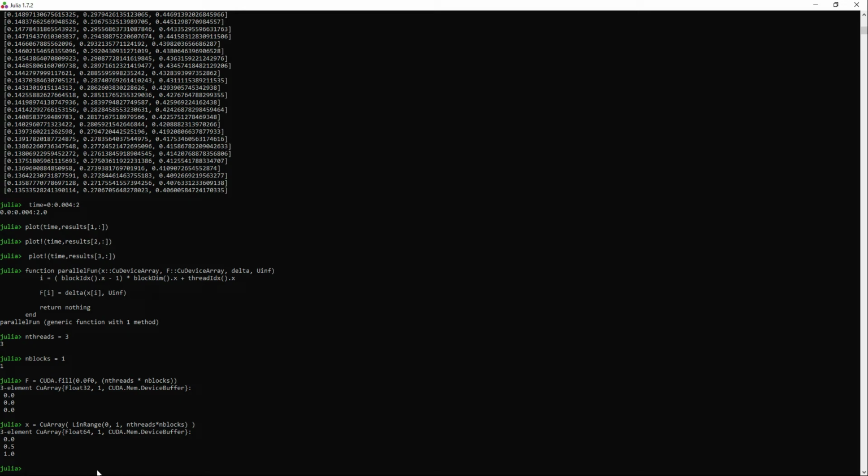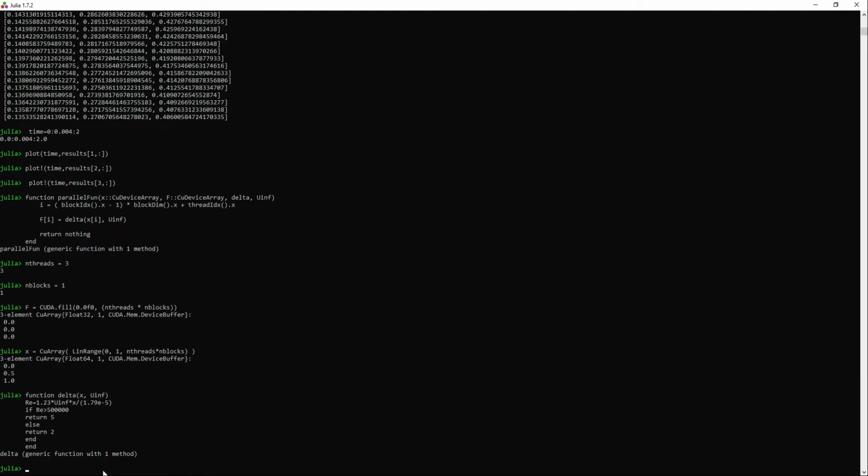Next, I define the array X using QArray. It will have a linear range from 0 to 1 and a number of positions based on the number of threads times the number of blocks. So in this case our positions are 0, 0.5 and 1. Next, I define the function delta. The arguments are X, the local position,